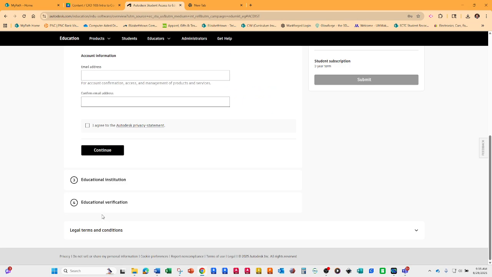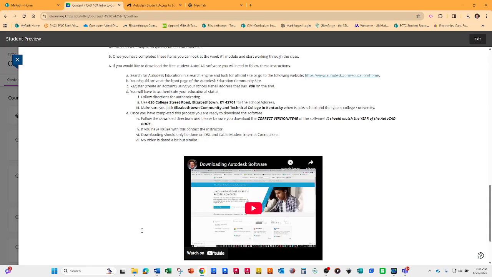All right, and then it'll send you an email and you'll reply back. Hopefully it shows up fairly quick. It may take a little while, but be patient. As long as you use your school email, you'll be fine. And then once you've done all that, it will, boom, give you access to go back and download the software.